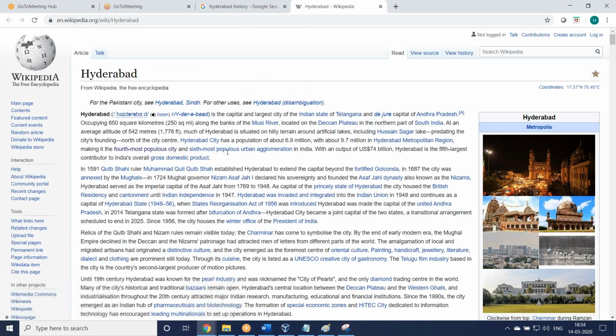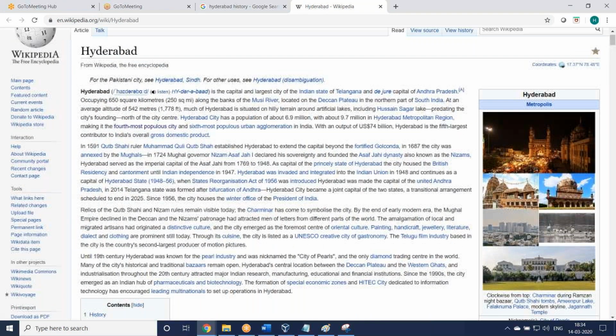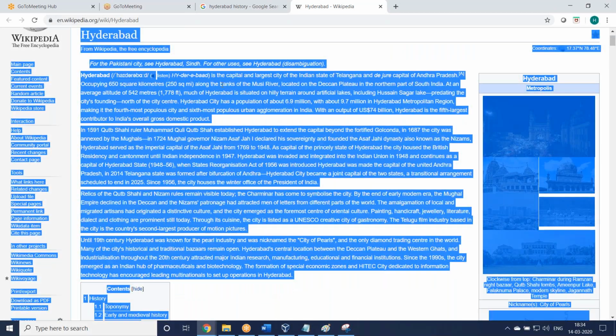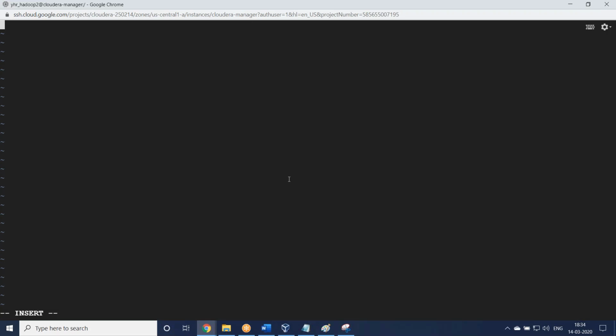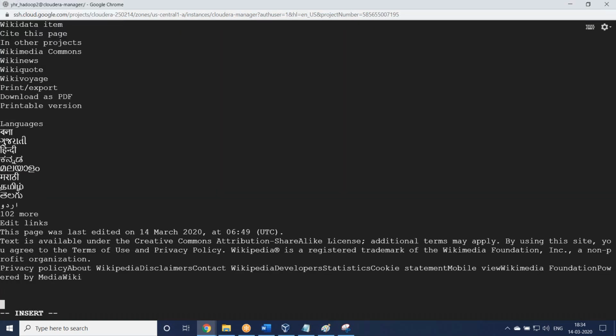So we have some data, right? Long data. So I'm just selecting all, copy, and I'll paste it multiple times. We need a big size file.